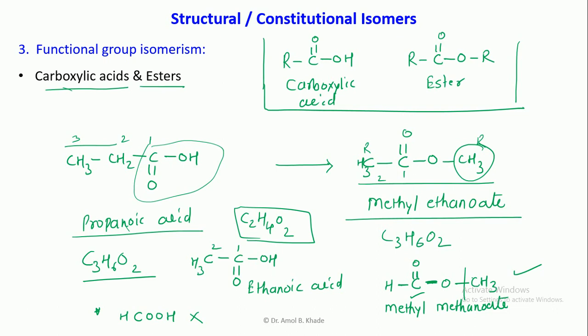In these compounds, functional group isomerism is possible. We also discussed some of the exceptions. So these are the main common functionalities which are showing functional group isomerism. There are some more functionalities like alkene and alkadiene. They will also show functional group isomerism, but at first year B Pharm level only these common functionalities are sufficient to understand functional group isomerism.